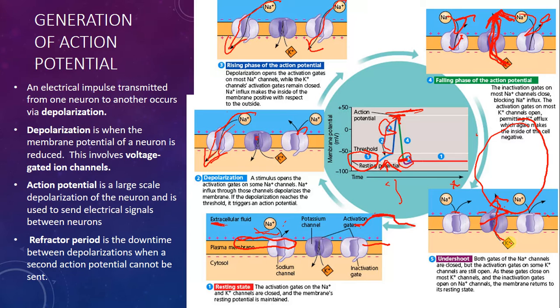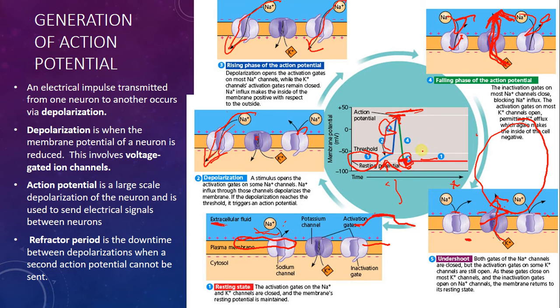So potassium is continuing to go out, making the membrane even more negative than our resting potential. This is called the undershoot. And as these gates close, most potassium channels begin to inactivate and return our membrane to its resting potential. So this undershoot happens,